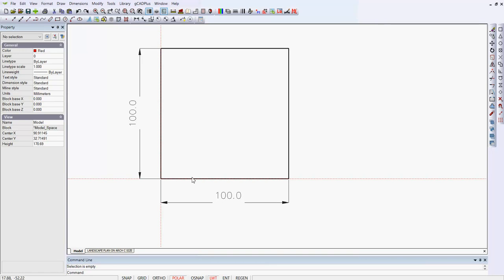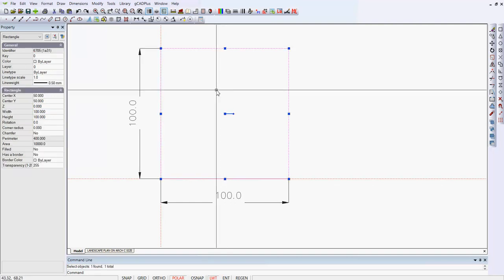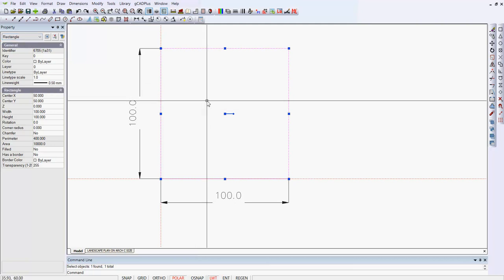Well, one of our gCADPlus users based in Europe is having some difficulty manipulating rectangles. I've drawn a rectangle here using a heavy line weight, and I've made it 100 units by 100 units, so it's of course a square. But if I select the rectangle in the properties box, gCADPlus knows it as a rectangle entity, and